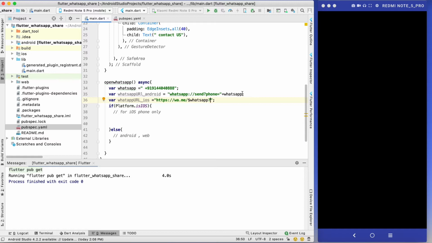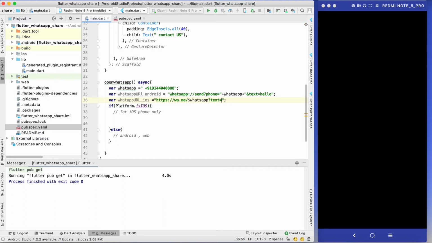Even if you want to send some text message, you can write the text over there as well. And text is equal to hello. The text will be your message and it will be URL encoded.